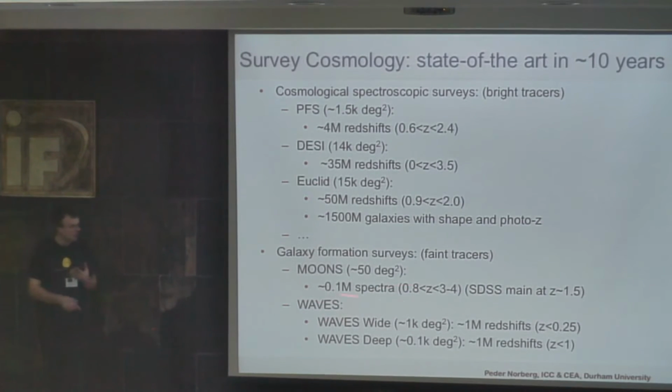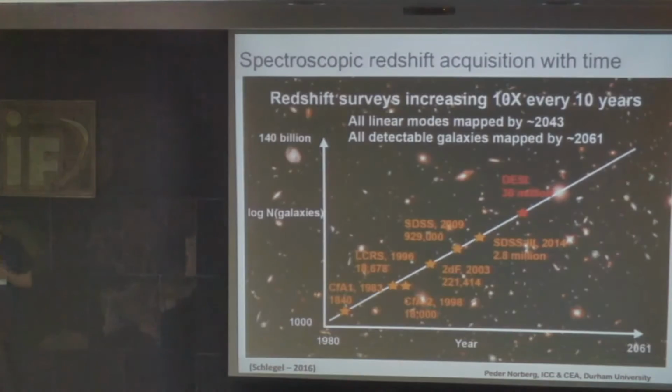So it's very different. But the whole point is creating an SDSS-type main survey, but at redshift 1.5. That's going to be very useful to understand the galaxy population, but also to understand which objects we don't get redshifts for. WAVES is another survey, with different components of the order of 1 million redshifts, again for different purposes. So there are a lot of surveys coming along. In that sense, I usually tend to say that the future is bright.